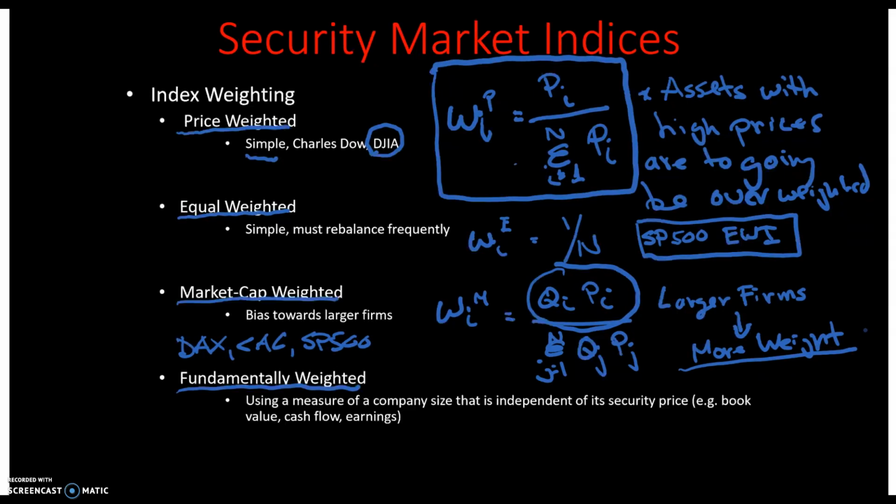Firms that have had a potential run up in price and may be overvalued at this point in time are going to end up being larger based on their market cap, and hence they're going to have more weight in the index, which may lead you to underperformance in the long run. There are lots of examples of firms that ran up to a very large market cap and then dramatically dropped in price. A key example in Canada was Nortel, or Nortel Networks.